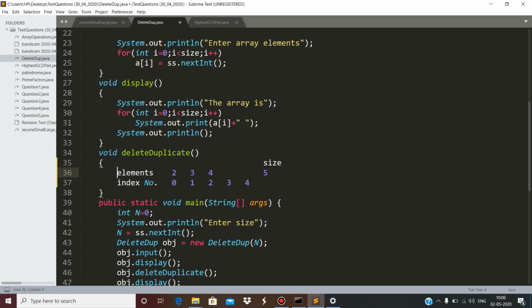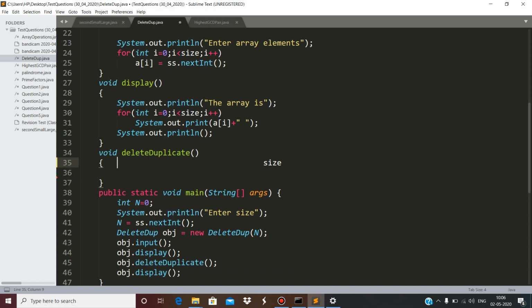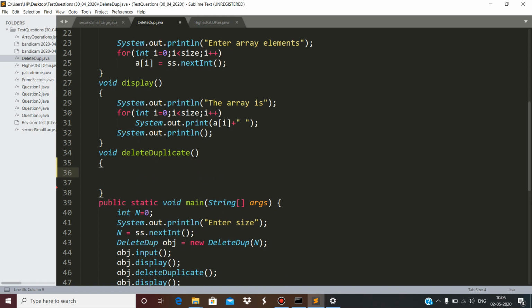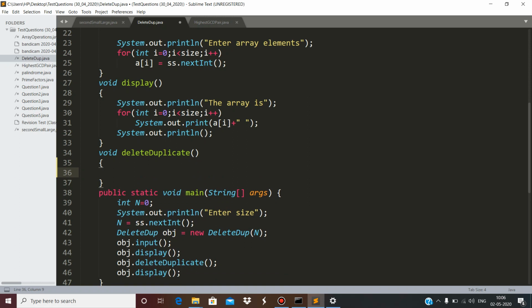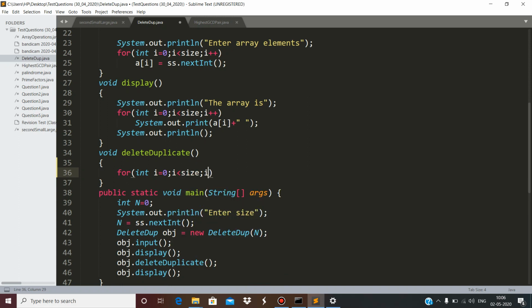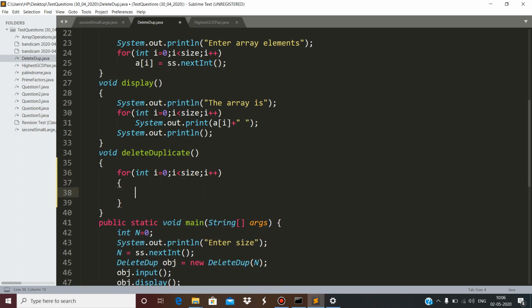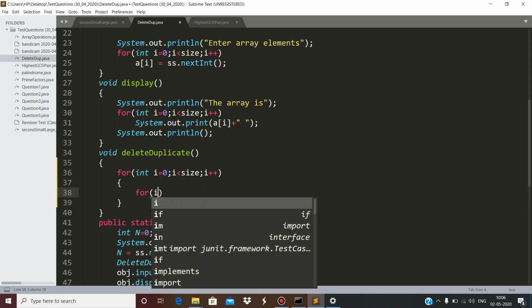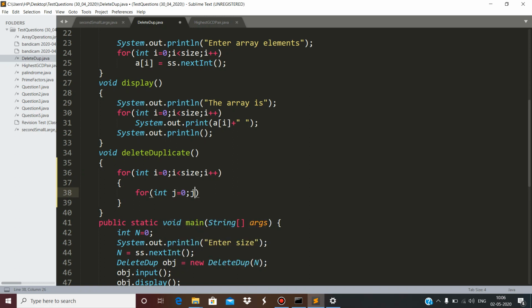So now we are going to implement this code. See that here, for int i equals 0 till it is less than size, and i plus plus, and here for int j, not 0 but j will be i plus 1, until it is less than size and j plus plus.